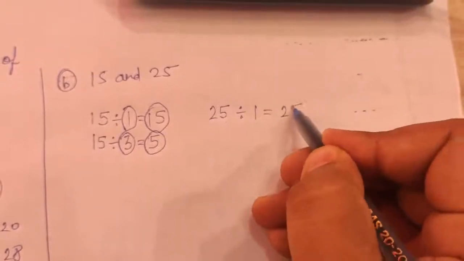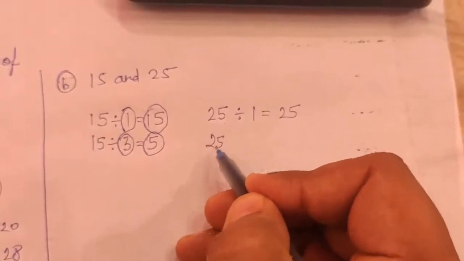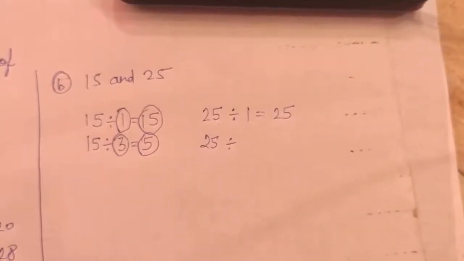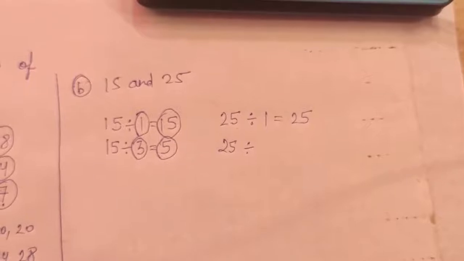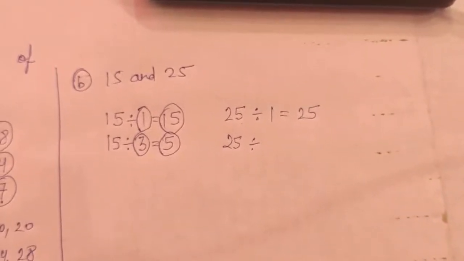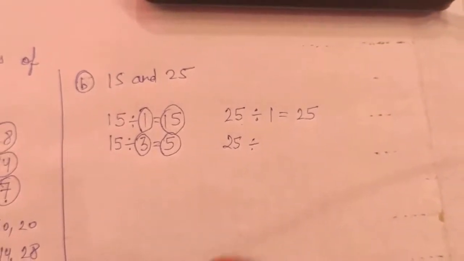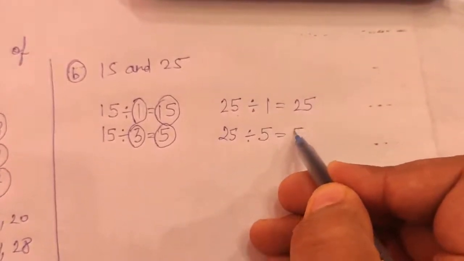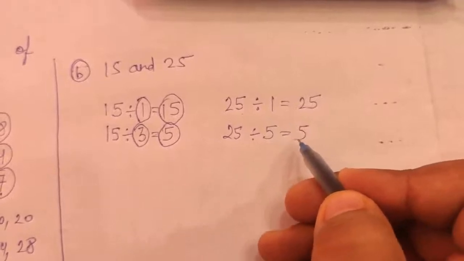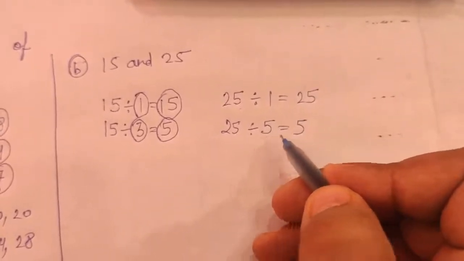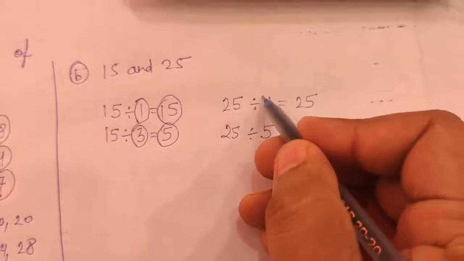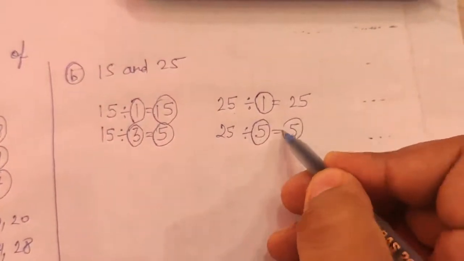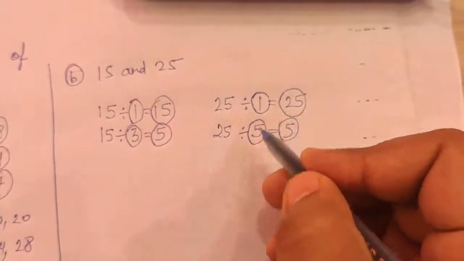Now we will find the factors of 25. 25 divided by 1 is 25. Then 25 divided by 2, no, it is not possible to divide it by 2. 25 divided by 3, no, it is not divisible by 3. Then 25 divided by 4, no, it is not divisible by 4. Now we will divide 25 by 5. Then we will get 5. Now here you can see 5 and 5, so means no numbers are there, means no factors are there. So the factors are 1, 5 and 25.